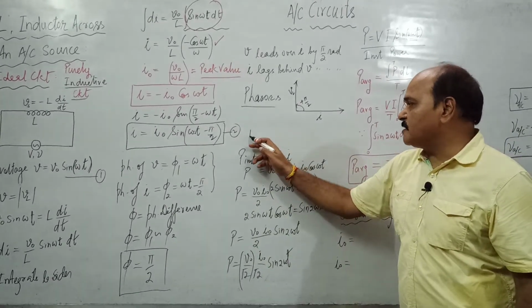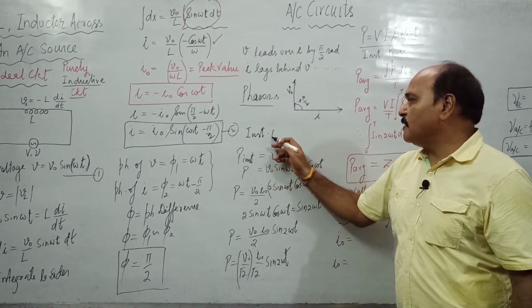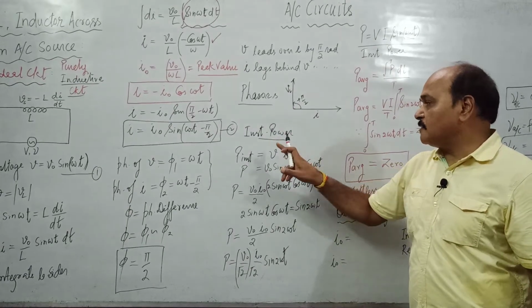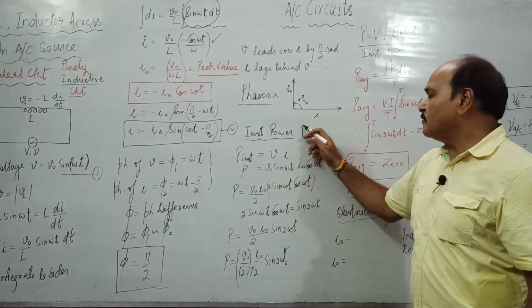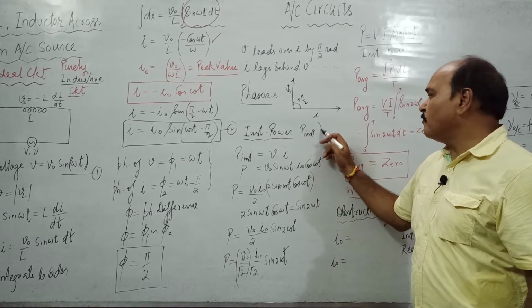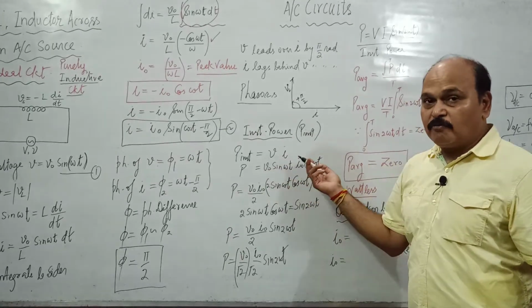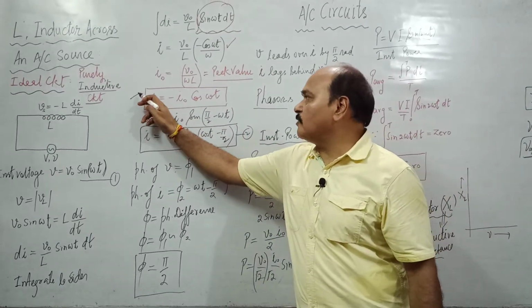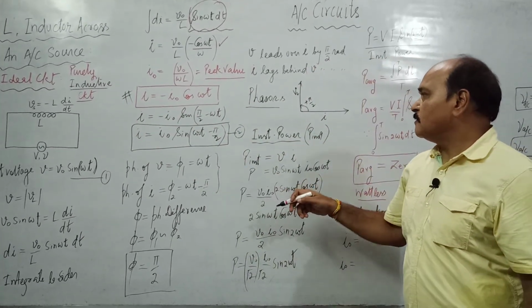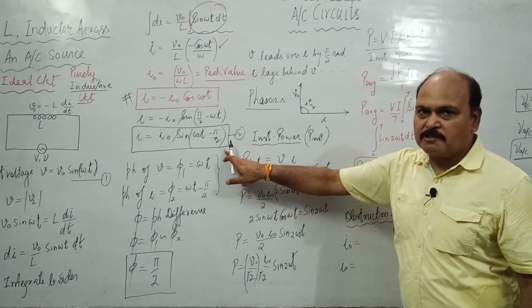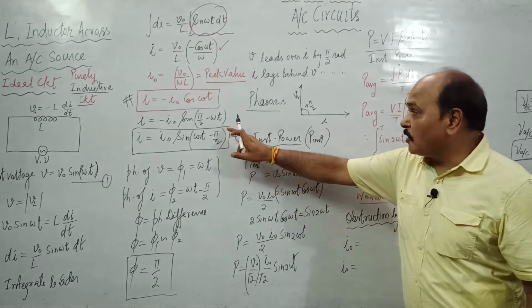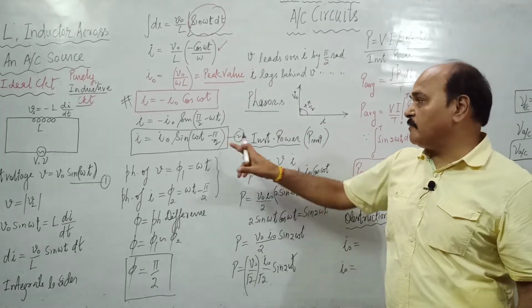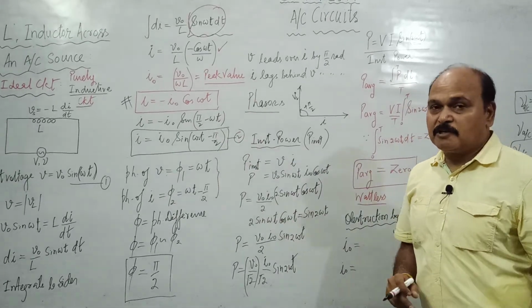Anyway, what is instantaneous power? The instantaneous value of power can be found out exactly in the same way as we did in the last case. The instantaneous value of power is the product of the instantaneous value of voltage and the instantaneous value of current. We have already deduced the value of current. What is current? Current is minus I naught cos of omega t. We can substitute this also. But we have converted this cosine function into sine function to compare the phase. Just for comparison of phase, we have converted into sine function. Otherwise, this conversion is not required.